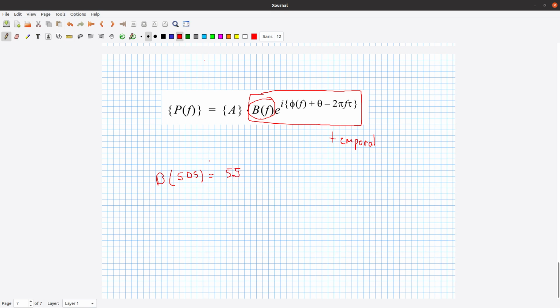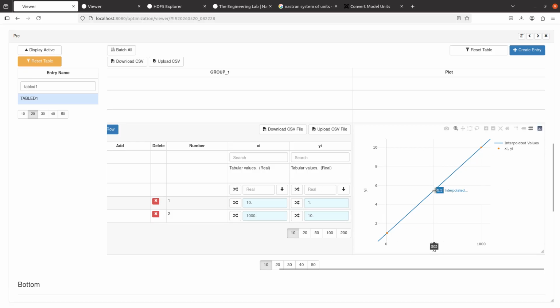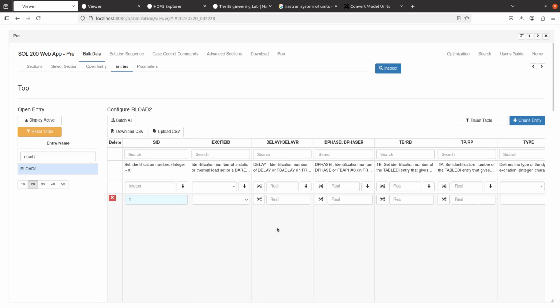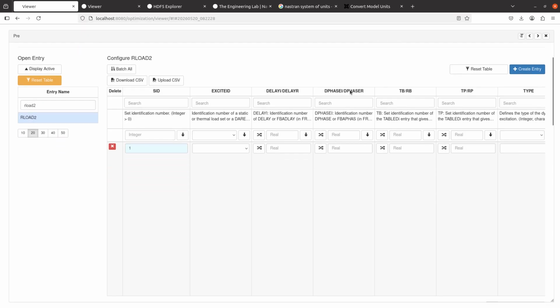And so we'll get back to this in a moment. Once we're done configuring this function b of f, we'll now configure our dynamic load. For this, let's go ahead and supply a phase term. We'll say we have a phase of negative 45 degrees. And then for b of f, which would be this column, TB, RB, we'll click on this toggle icon,